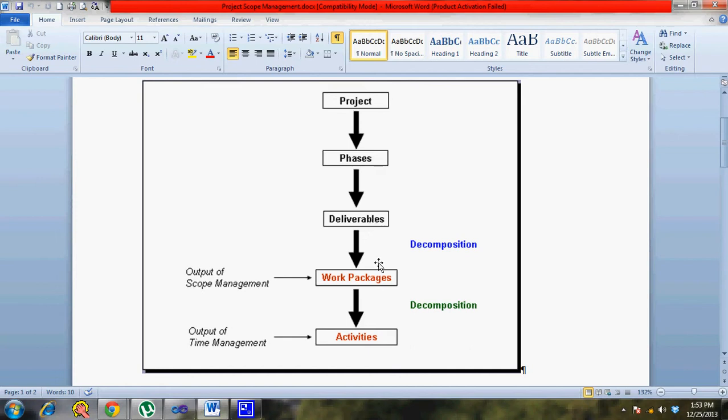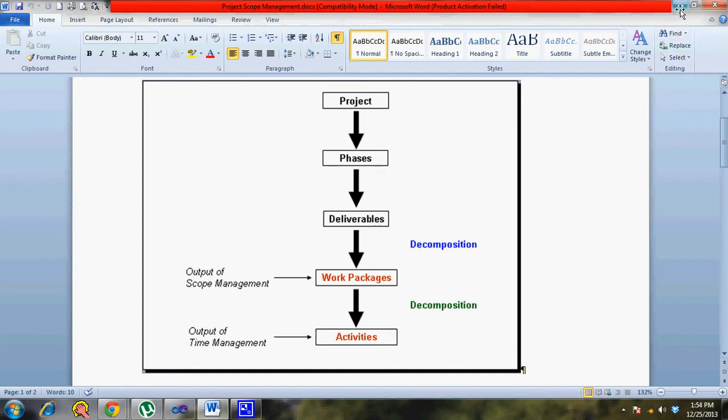So your deliverables are broken down to work packages. It need not be deliverables, it can be project phases also. From the project phases you break down to the deliverables, and the deliverables you make into sub deliverables and components, and at the lowest level you have work packages which you can comfortably allocate to your team or a contractor and get things done. When you break down even more from the work package level, it becomes an activity. Although decomposition is used even to break down from work package to activity level, it's better to leave it at the work package level in terms of having better control over the work.